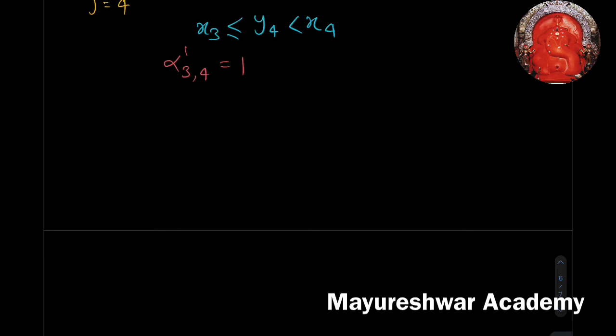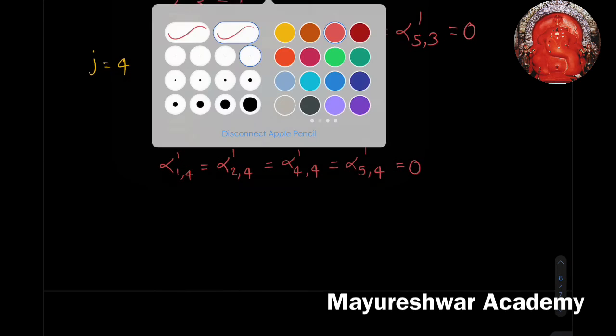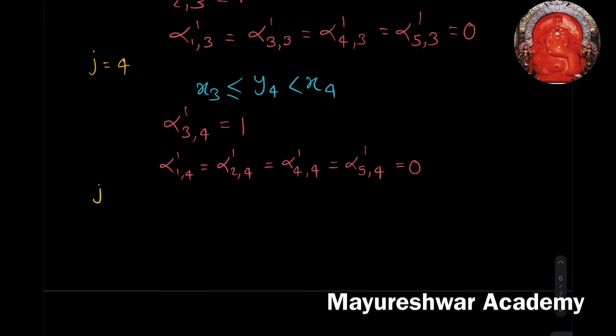Now j is equal to 4, so alpha 1 comma 4, 2 comma 4, 3 comma 4 is already calculated. So 4 comma 4, 5 comma 4, all these values are 0 because the condition fails there. For j is equal to 5,